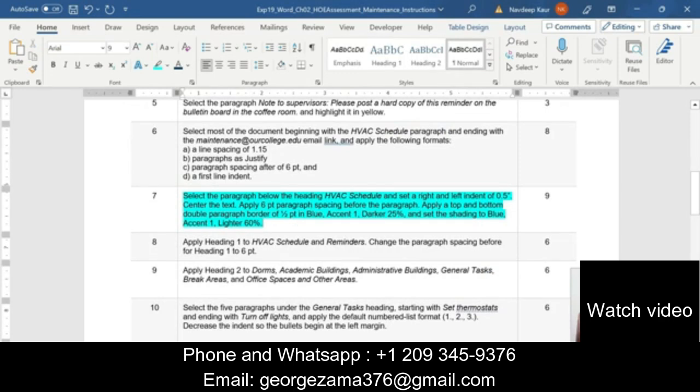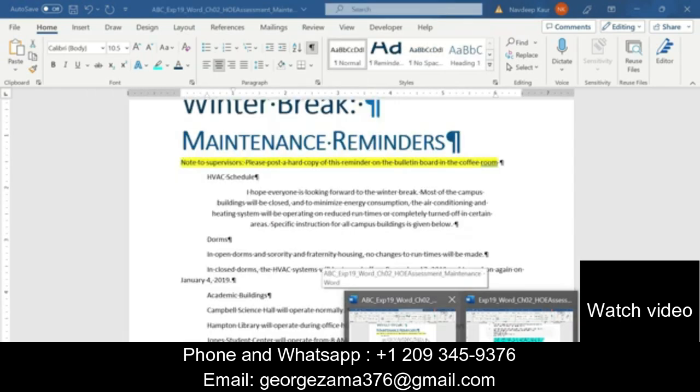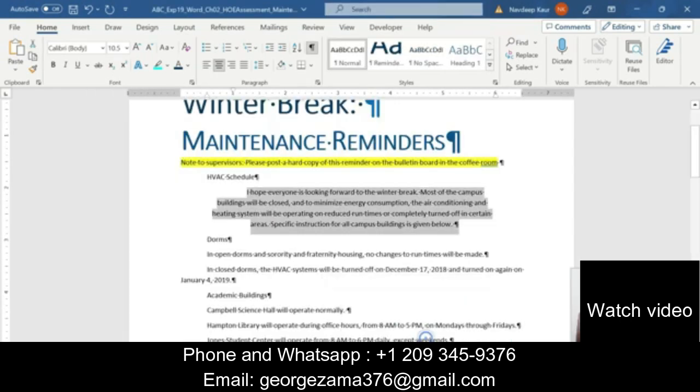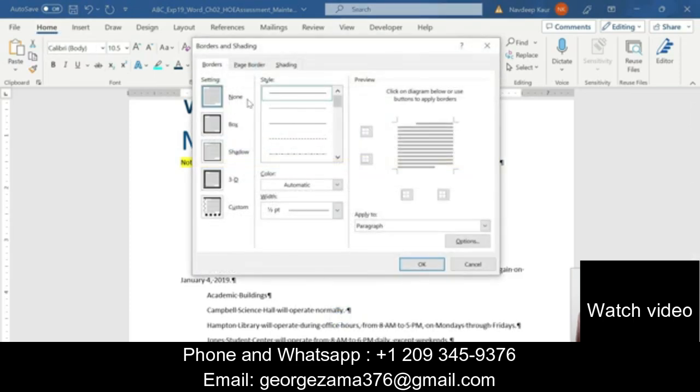point in blue accent 1 darker 25%. So we are supposed to apply a top and bottom double paragraph border of 1/2 point in blue accent 1 darker 25%. Okay. So go to the home tab and go to the border and shading.